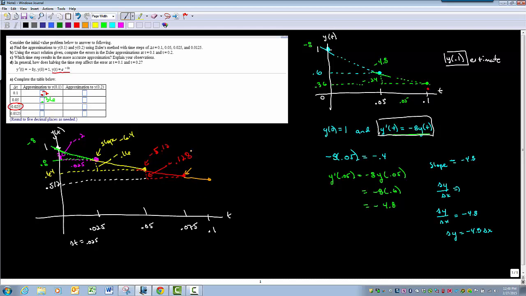The slope here is 0.512 times negative 8, which gives us a slope of negative 4.096. Multiply that by the change in the x value, which is 0.025, and we're going to get